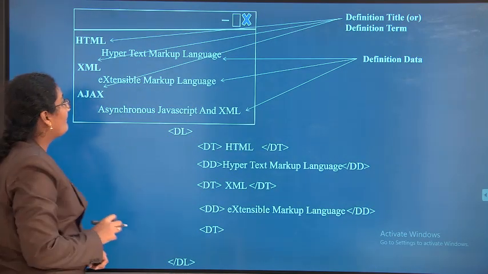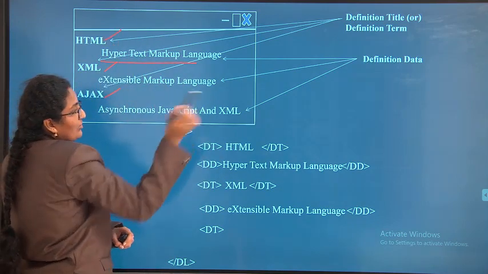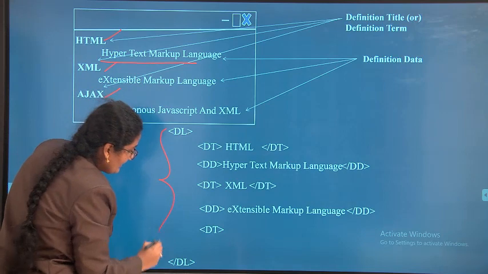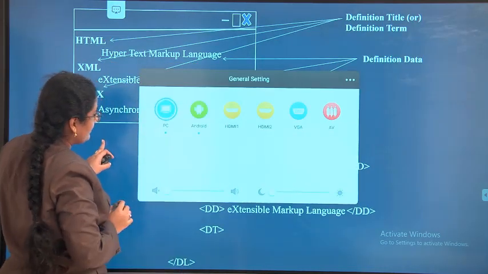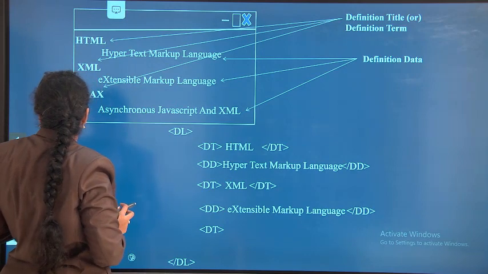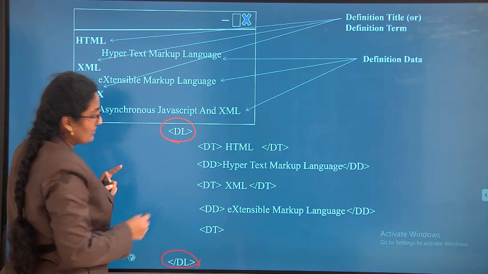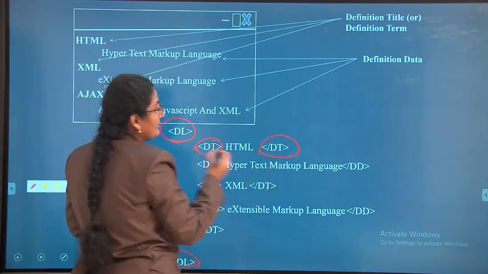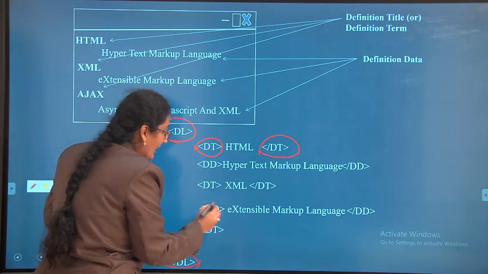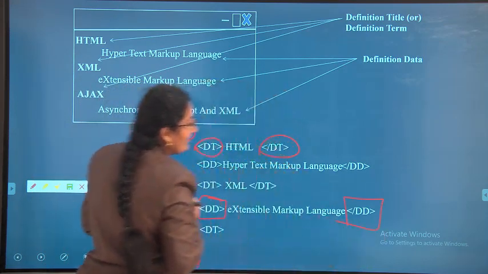The extensions for the terms are called definition data. You have to remember: definition list open, definition list close. In the same way, definition term open, definition term closed tag. Definition data open, definition data closed.